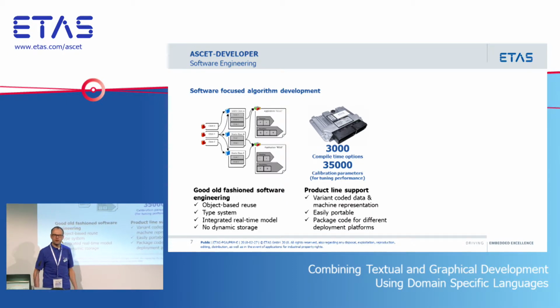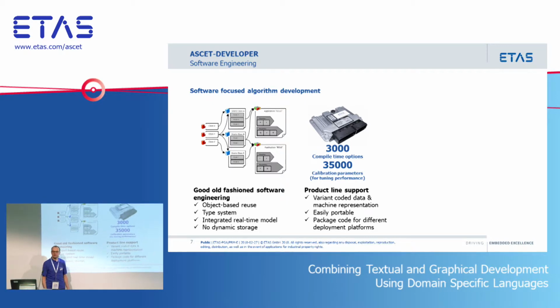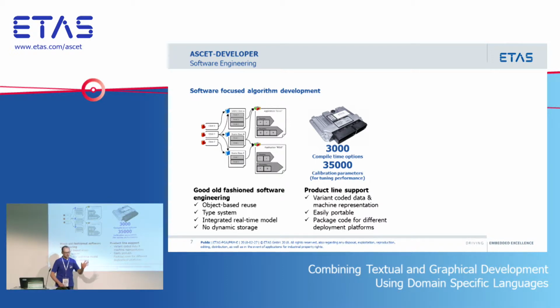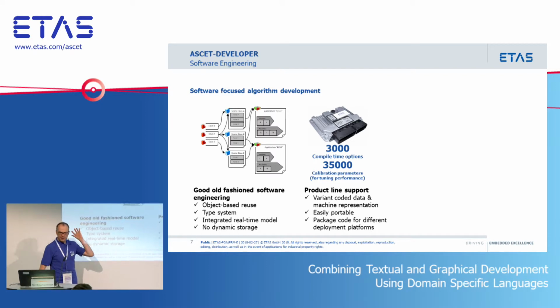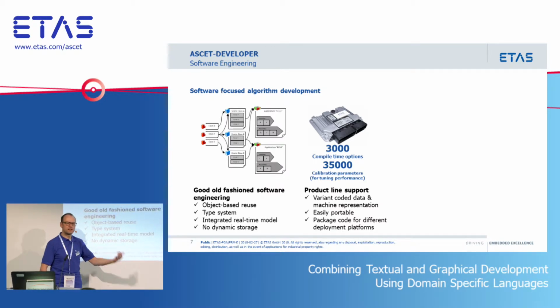So let's say you build an algorithm, and in one ECU you want it to run on the floating point unit, and let's say it's an SH2, so it's got a double precision floating point unit. You can target it for that. Let's say you pick a TriCore, that's a single precision floating point unit. You want to cast all those calculations into single precision floating point. And let's say you want to deploy that algorithm on a STAR12 with no FPU and it's 16-bit, and you want to quantize everything using fixed point calculations. You want to do that without touching any of the code. And what ASCET actually allows you to do is to take your existing model, your algorithmic part, which is not going to change, and then define multiple different variations of how you're deploying that into the target hardware.